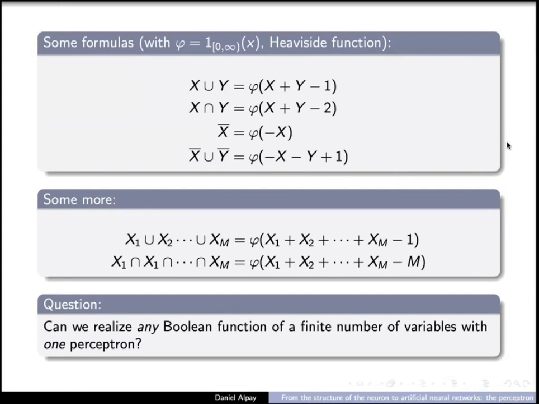Now, can we realize any Boolean function in terms of a finite number of variables with one perceptron? With one perceptron, the answer is no, and this led to a lot of problems. But you see,